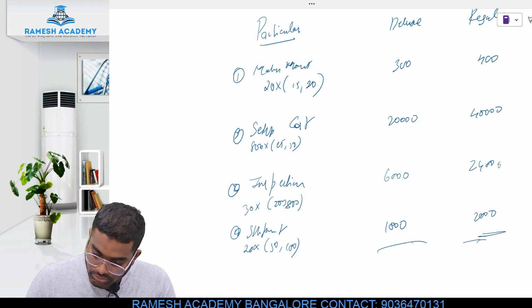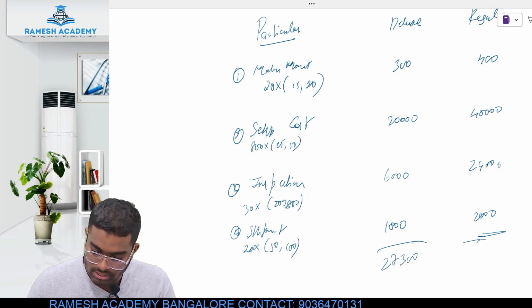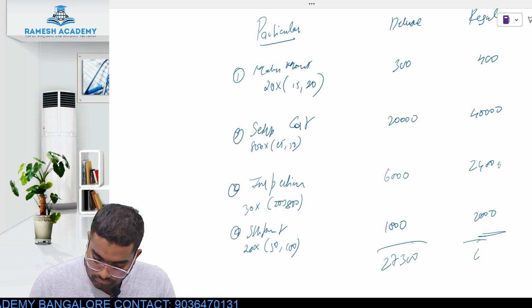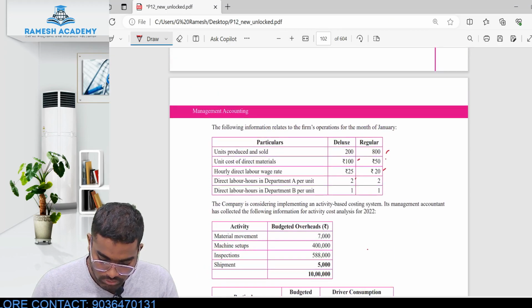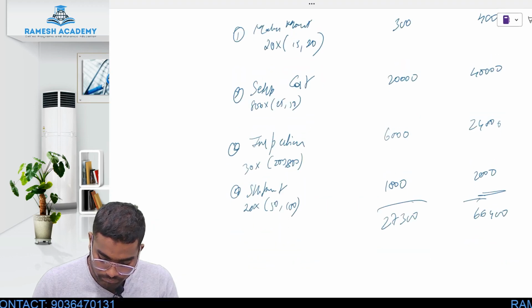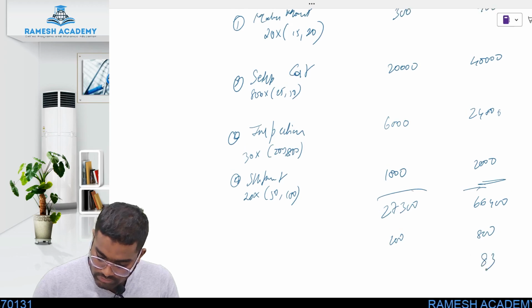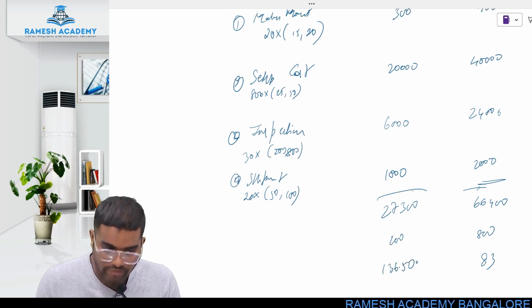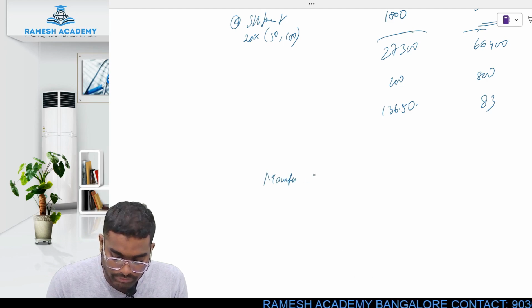20,000 plus 6,000 plus 1,000, 27,300 plus 400 plus 40,000 plus 24,000 plus 2,000, 66,400. The number of units, what was the number of units? 200, 800. So it is 83. It is 136.5. So manufacturing cost